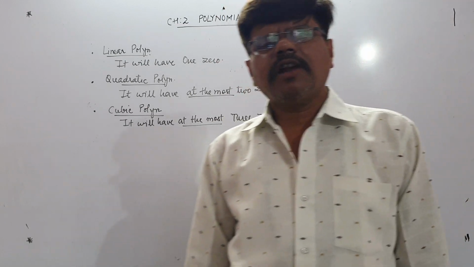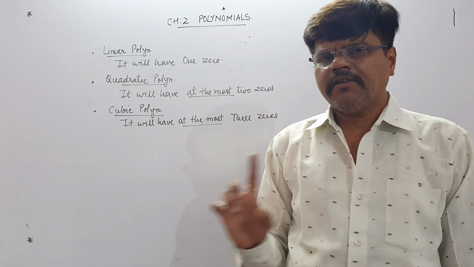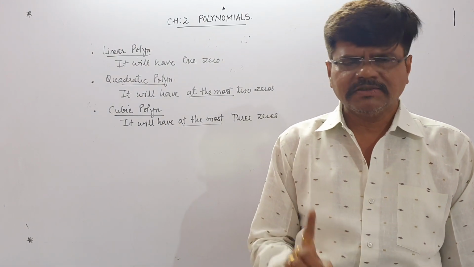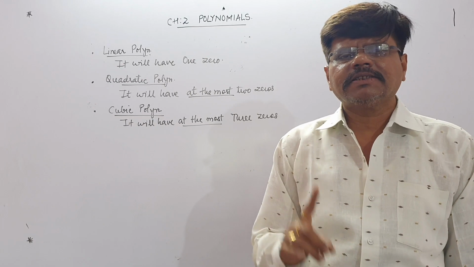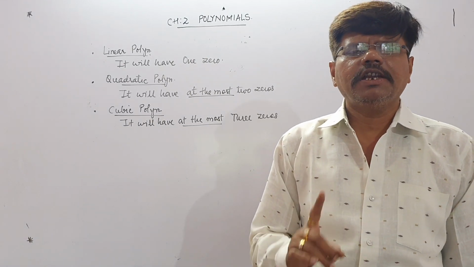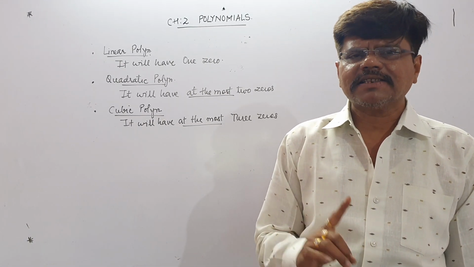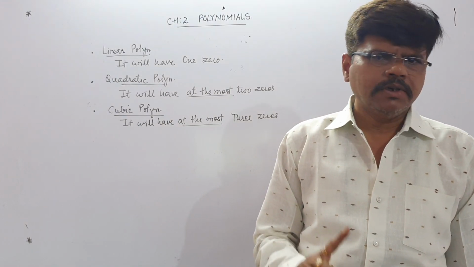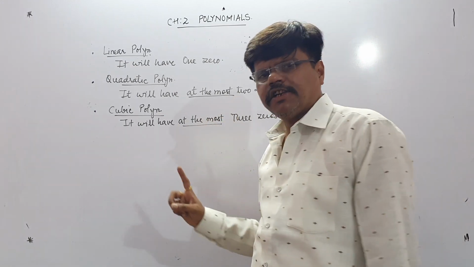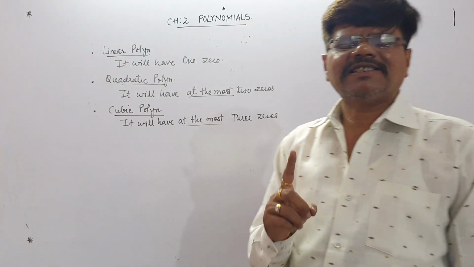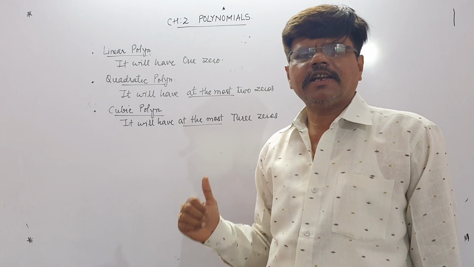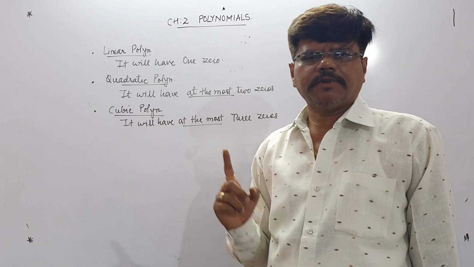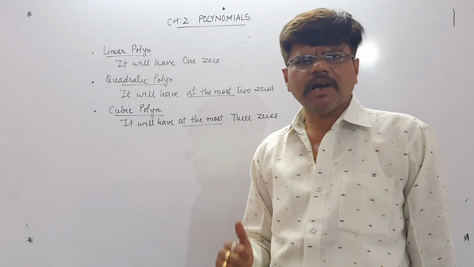Today's lecture, whatever has been done on the board, I would like you to copy it down in the classwork book as well as complete Exercise 2.1 also in your classwork book. In the next lecture, we will start Exercise 2.2, all the sums related to the topic which I have explained to you. It is related to the values of the polynomial as well as zeros of the polynomial. Goodbye, stay safe.